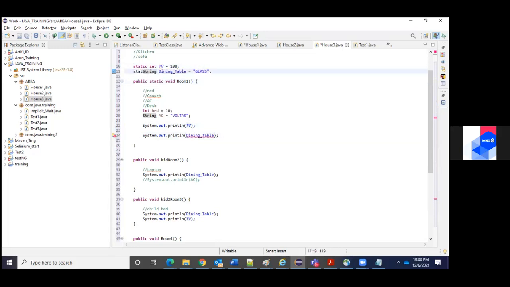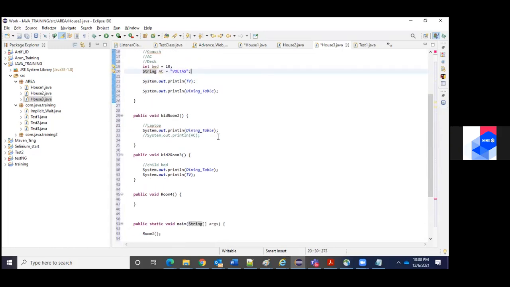Confused? Clear? Any doubt? No, sir, clear. Okay. So this is the way the methods are divided into two ways. One is a static method, another one is a non-static method.